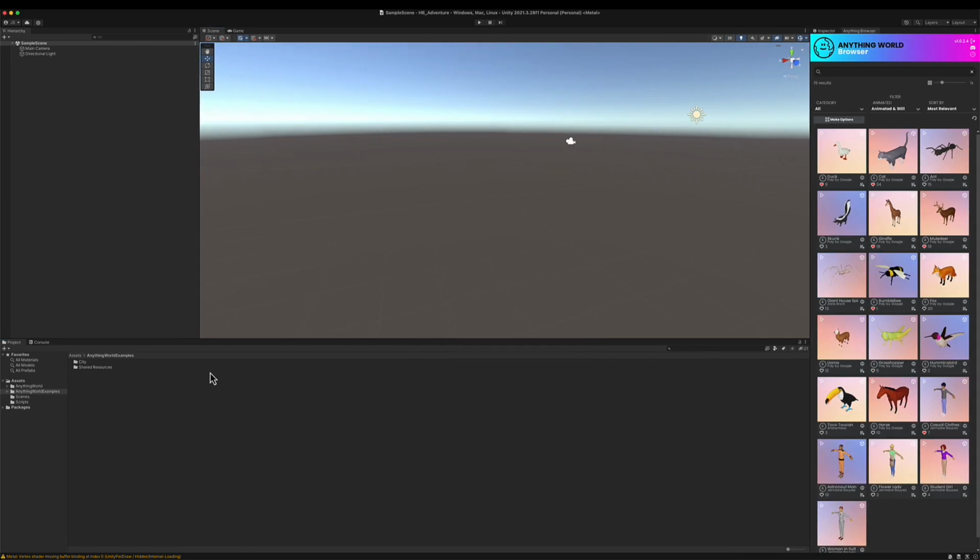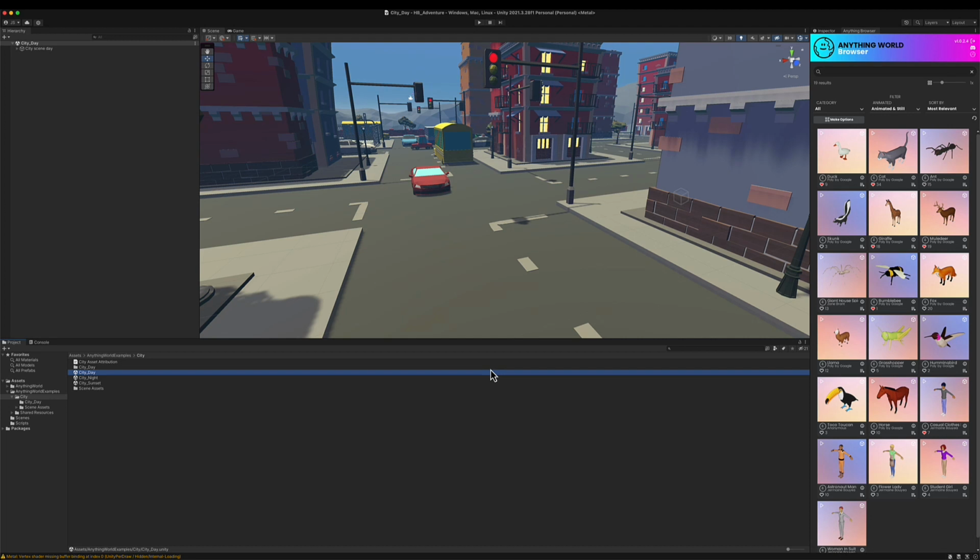Okay. And I've also downloaded from the Anything World website the example scenes that are available. And I am going to use the city scene that is under Anything World examples, city day. And this is the scene we'll be using to create our